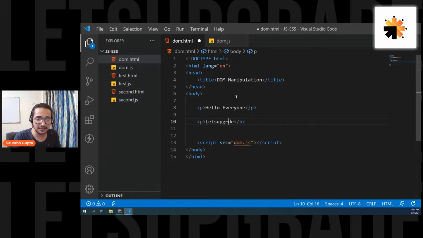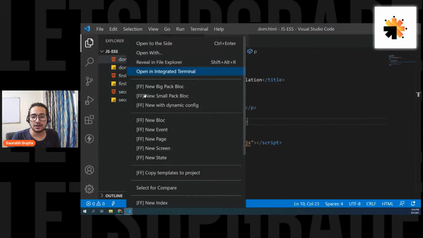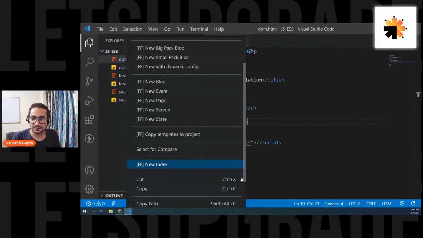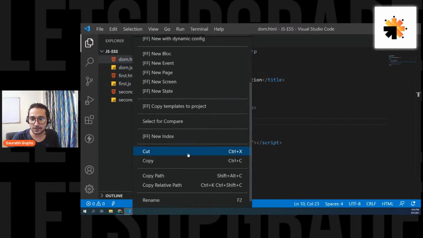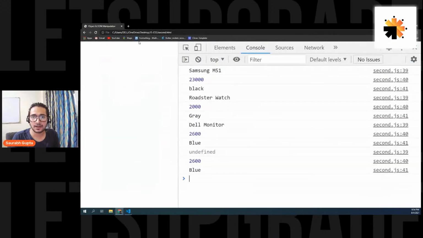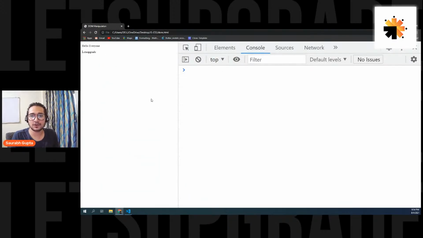Let's see the output. Let's copy the path, go here, and paste it. Cool, perfect. You can see I have two p's in my output: hello everyone and let's upgrade.